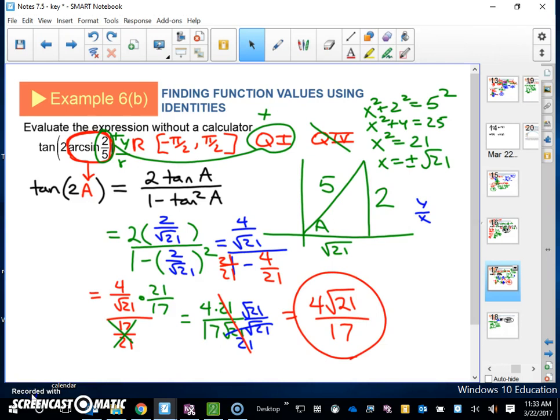I think the hardest part about this is just cleaning up all the algebra. We're doing fractions, we combine like terms, or get a common denominator, we multiply by the reciprocal, we rationalize the denominator. We do the same kind of algebra stuff